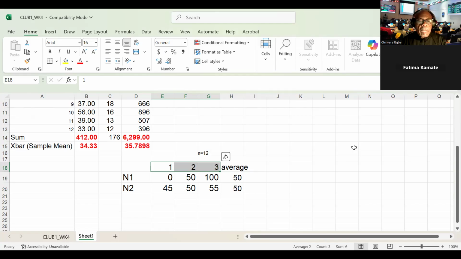Okay, you can see that in neighborhood one, one person is a pauper, one person is typical or average, and the other person is very rich. While in neighborhood two, the average income, the typical income, is about the same between the first person, the second person, and the third person. There is not much variation.